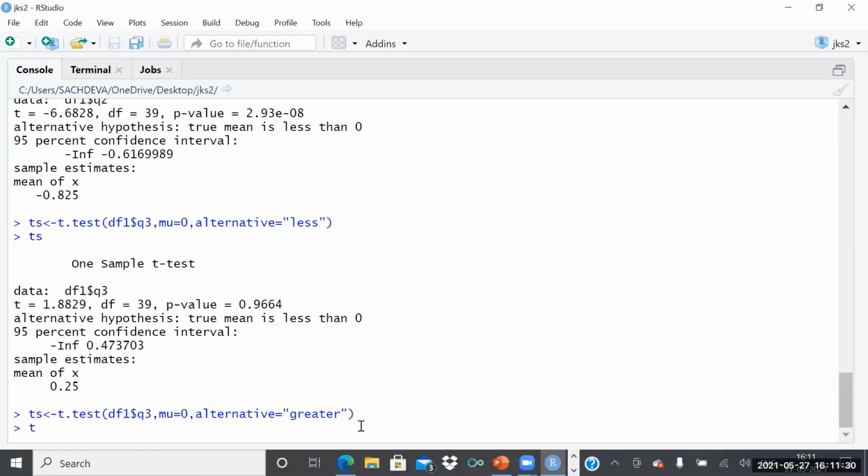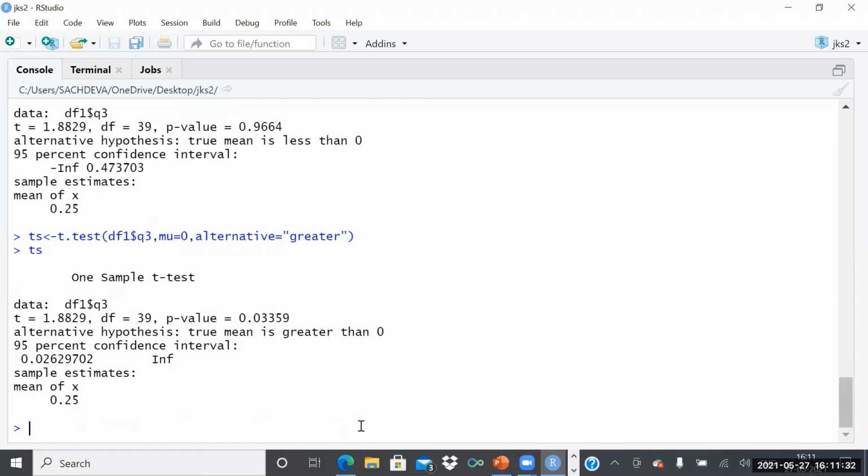Now the P value is coming as 0.03, less than 0.05. It says we should accept that it is greater than 0, a little bit greater than 0. So we should analyze it with one tail test and two tail test.